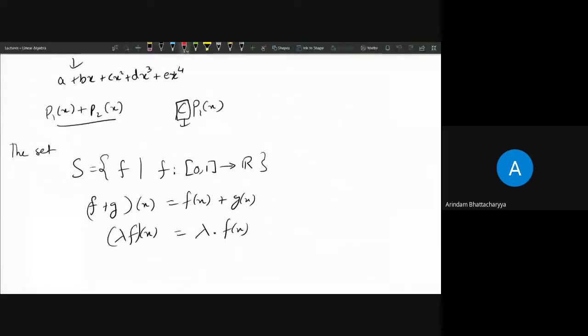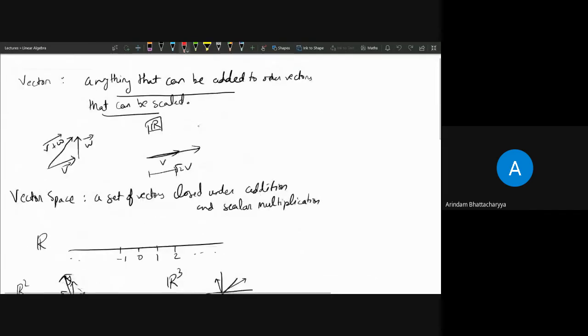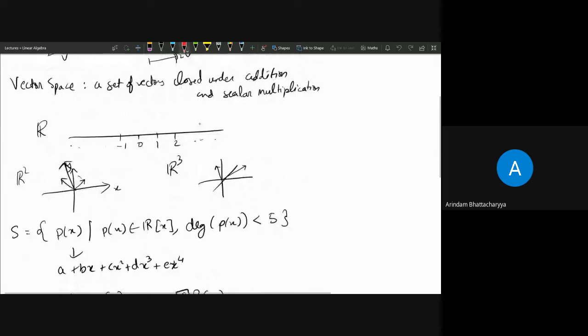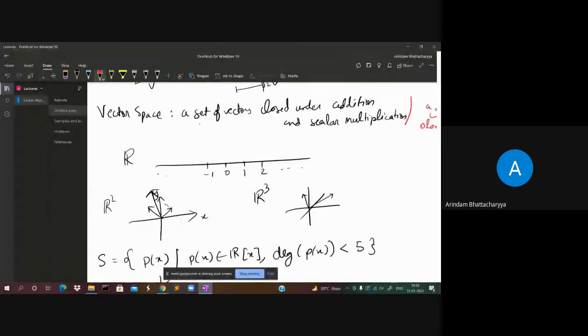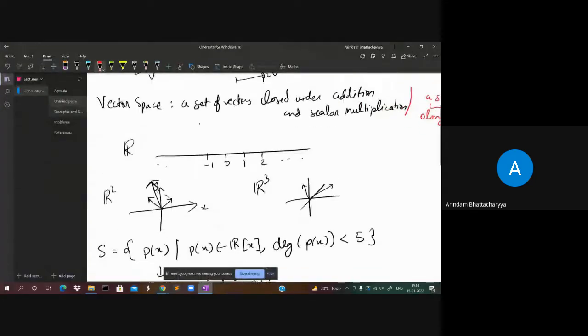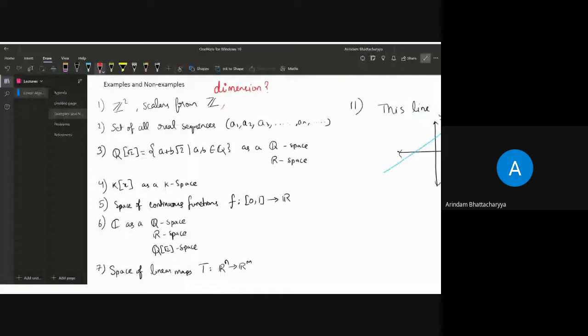A vector space is essentially a set S along with a set of scalars, right? So these are the constants by which we can multiply, and these are the actual set of vectors. So in the first example, we have,